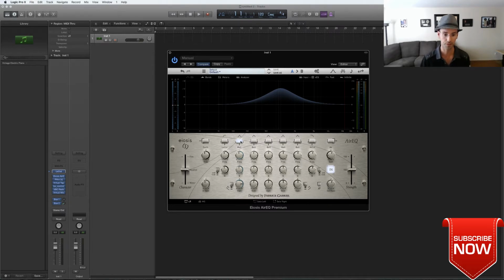Then the two other things that are pretty unique about it: this Air thing. This is a special band for the highs, and it's not the regular high-end band that you see on other EQs. It has a specific sound as well. And for vocals, it's pretty amazing. However, I have to say, you will make the best use of it depending on the quality of the recording of your vocals, okay?